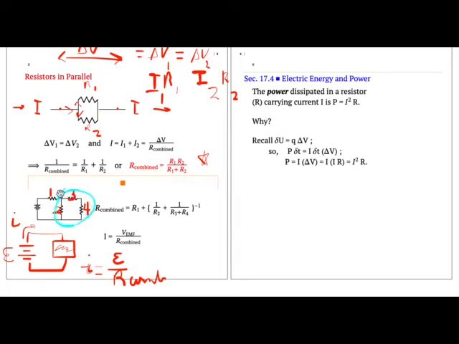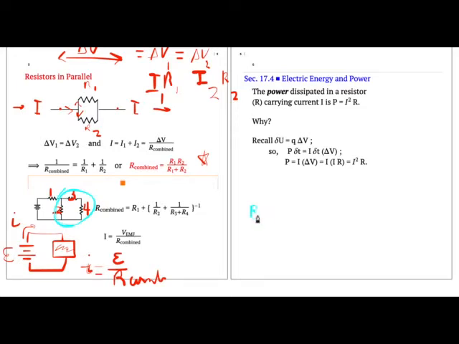So the reciprocal of the resistance of the network 2, 3, and 4 is 1 over R2 plus 1 over R3 plus R4. That's the reciprocal. 1 over that gives me the resistance of this 3 resistor network. That's in series with R1. So the combined resistance is R1 plus 1 over R2 plus 1 over R3 plus R4. So in other words, in analyzing this 4 resistor network,